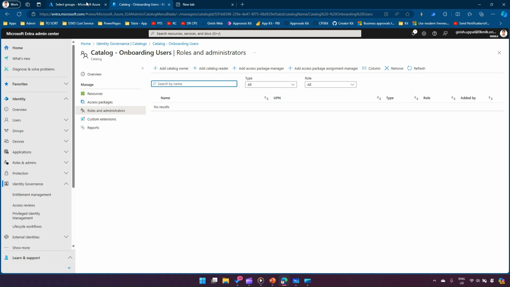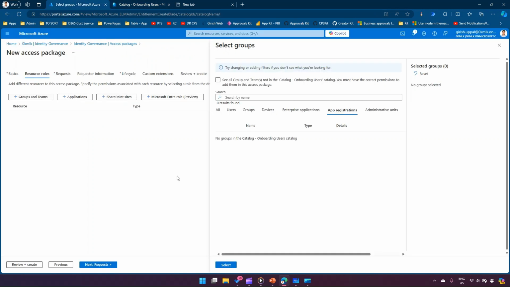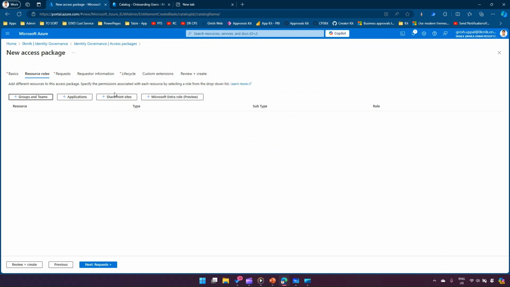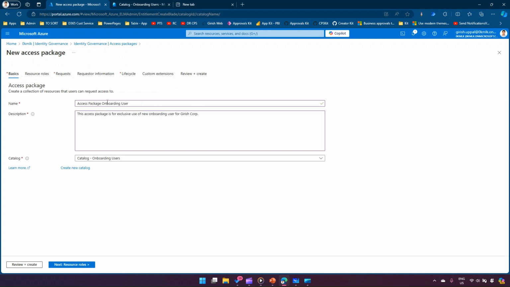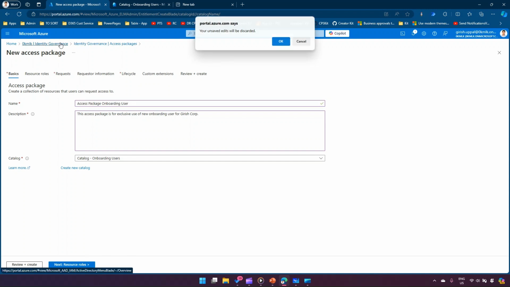Now what we are going to do is, we have this catalog created. The access package screen was created before the catalog was created, so you will not be able to see this information. Even I've seen that if you do some sort of a refresh, you'll not be able to see this information. So what we're going to do, I will just copy this access package onboarding users, and then I will start from scratch. Let me go back to